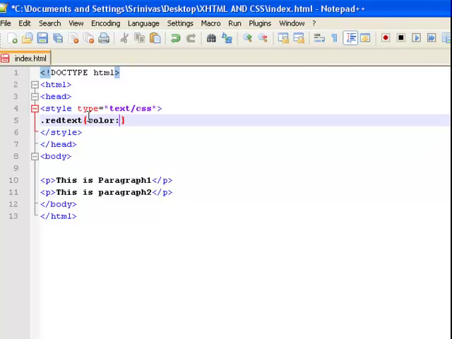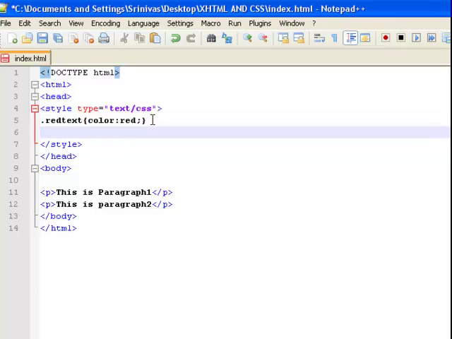right? So now I'm using one more class, and I'm telling the CSS that I'm styling the class. And how do we do that? We tell the CSS that we are using classes by mentioning a dot or period. So here I'm just writing blue text, because I want my second paragraph to be blue text. So here I'm just writing color as blue. So if I do this now, just save it and